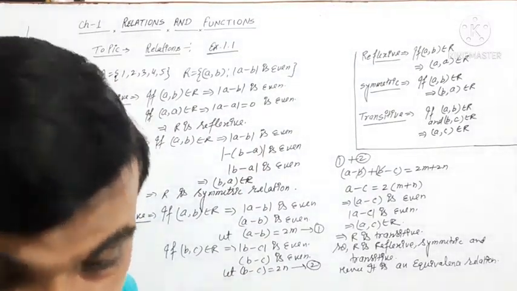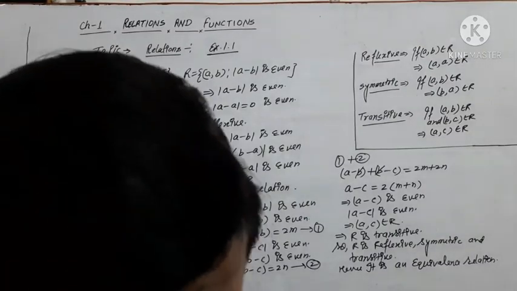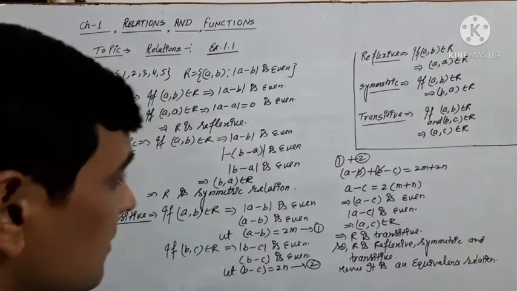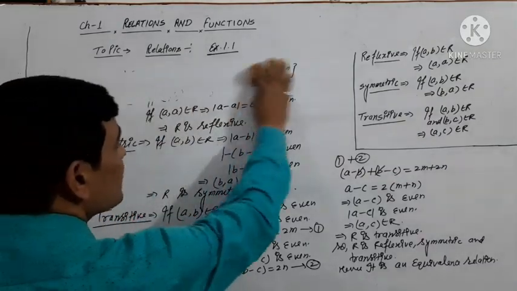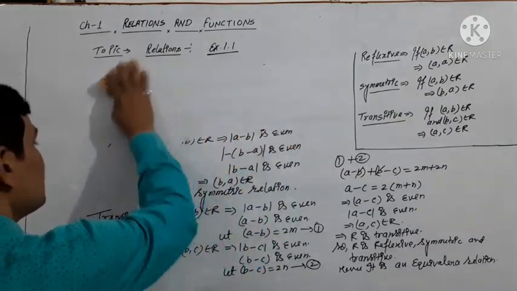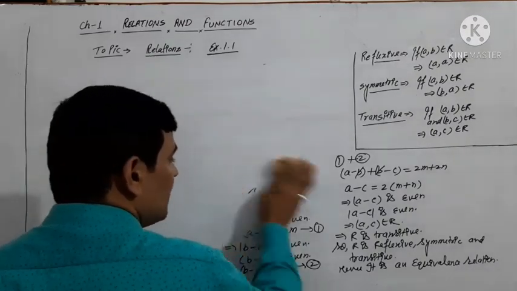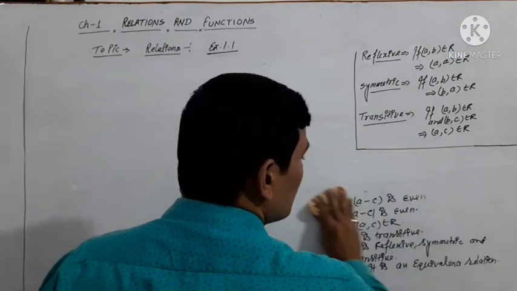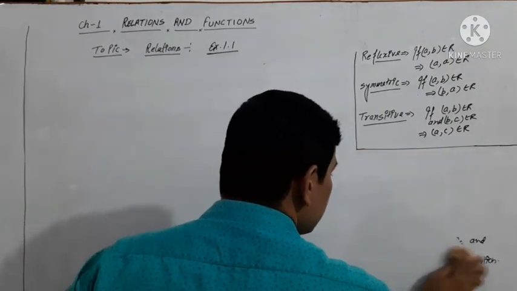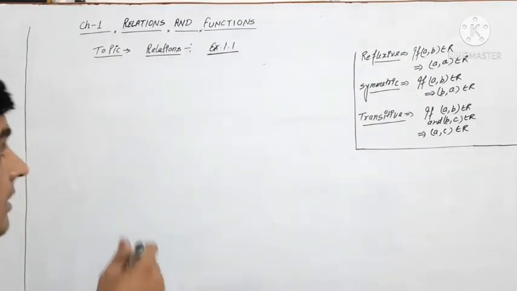So now come to the next thing. In this question, one more thing is there, and coming to the second part of this question. What is in the second part? We will see: there are two given sets, and we have to show that every element of the first set is related to each other, and every element of the second set is related to each other.